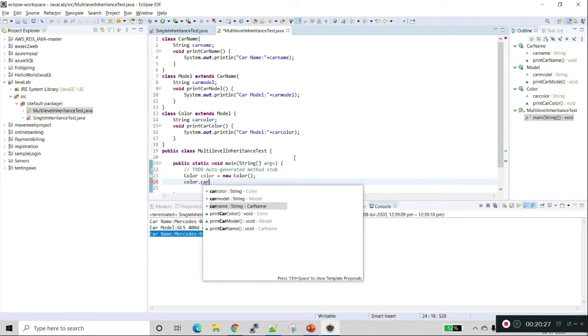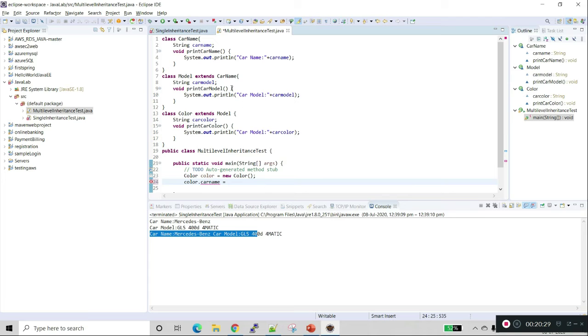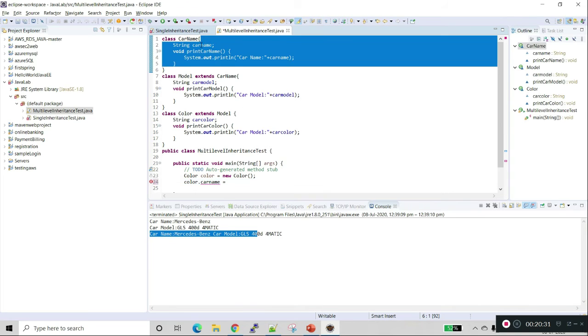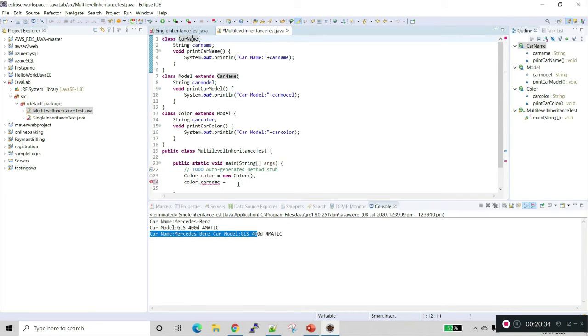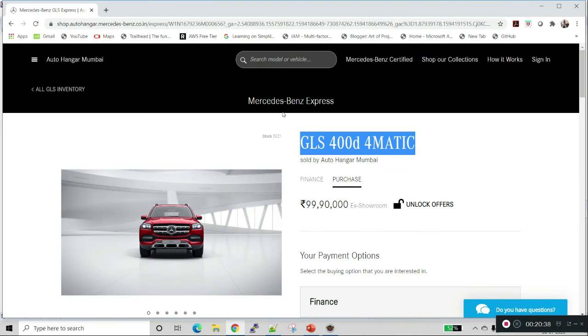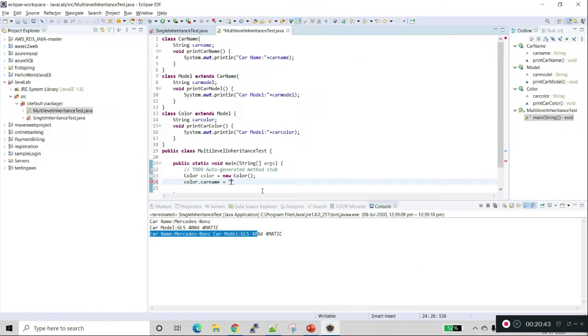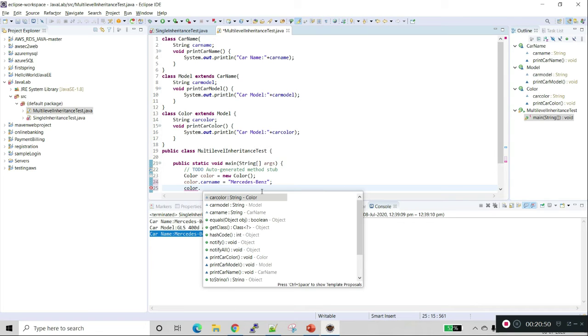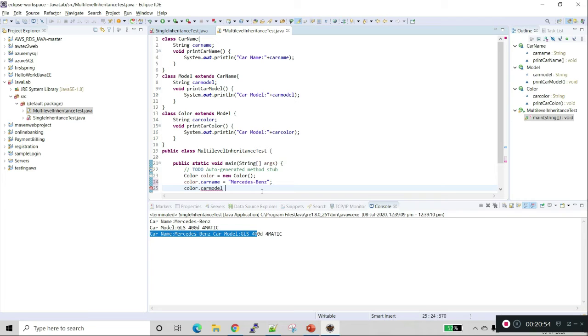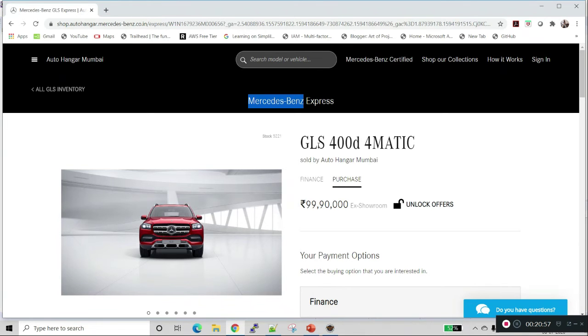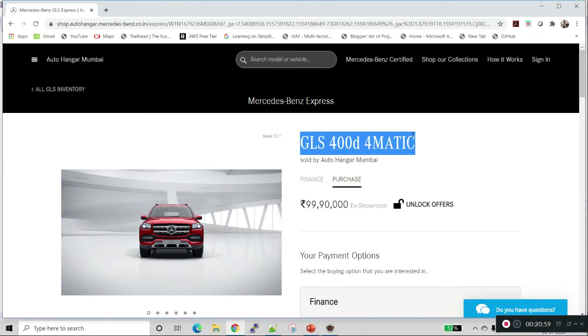See, now we are able to get the car name, which is actually the superclass variable. We'll copy and paste the car name, then color dot car model equal to, so this is the car model.